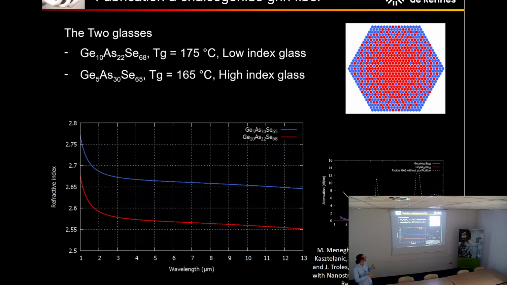2 glasses which have 2 different refractive indices. And you have here the 2 compositions we have chosen, G5 and G10. You have here the refractive index depending on the wavelength of the 2 compositions. And here, this is a structure which has been given by the lab here in Warsaw. And in red, you have the